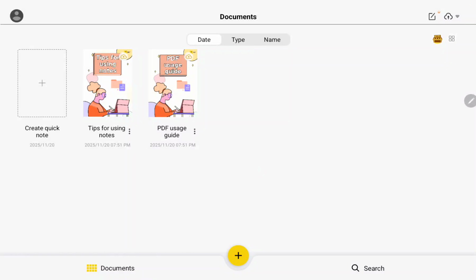Hello guys, in this video I'm going to show you how to set eraser tape only function on the Jnotes